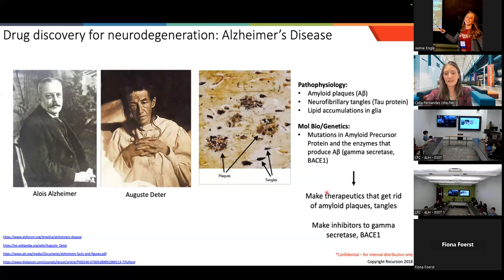And so the field for a long time was very focused on, all right, let's make therapeutics that get rid of amyloid plaques. And then some folks were also focused on making therapeutics that get rid of tau tangles. So things that prevent the proteins from misfolding and accumulating in the first place, or make inhibitors to the enzymes that overproduce amyloid beta, for whatever reason, they're making too much. And we know, at least in vitro, when you add this amyloid beta, when you add the misfolded tau, it kills the neurons in the dish. So it seemed very, very likely that, hey, this is what you want to target. This is what we need to make drugs against. This is going to help people.